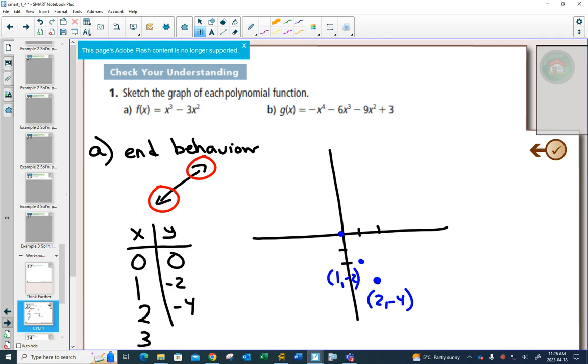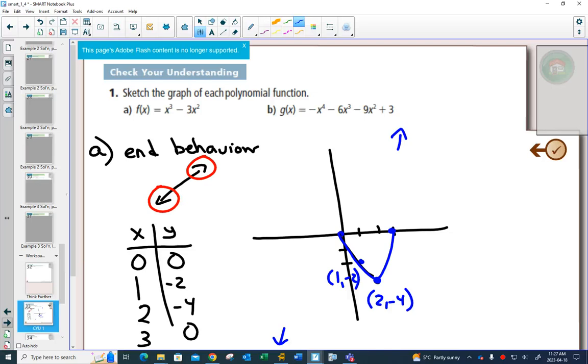Plug in 3, we would get 27 minus 27, 0. So you would know that, okay, in between these I have this shape, and so far I know that my graph needs to end up here and down here, so I get a sense of where it's going, but I'd probably have to figure out some